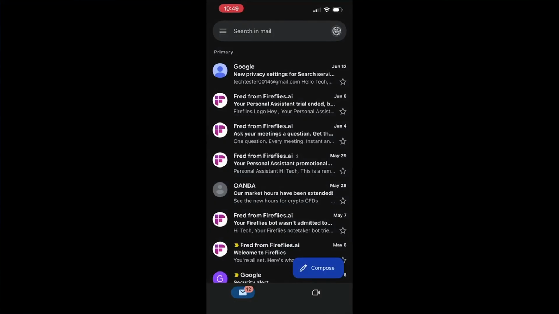By following these simple instructions, you've configured your iPhone to alert you properly whenever a new Gmail message arrives. It's a small change that can make a big difference in how you manage your emails daily.